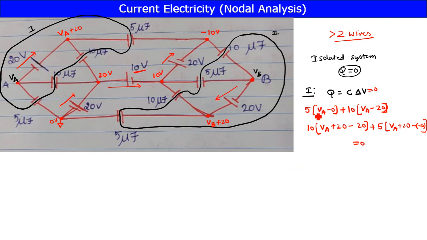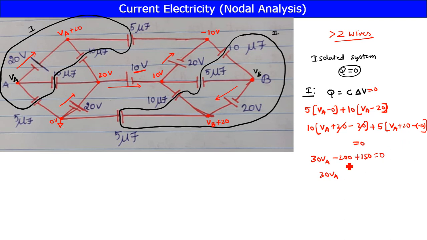Okay, now here 5 into VA, 10 into VA, 10 into VA, 5 into VA. So 5 plus 10, 15, 15 plus 10, 25, 25 plus 5, 30 VA. Here 0, here 10 20s are 200. Now here this 20, that 20 gets cancelled. Now you are having minus of minus 10, so plus 10, 20 plus 20 plus 10, 30,